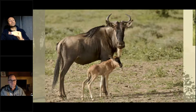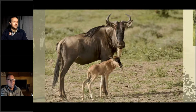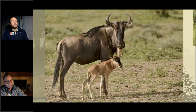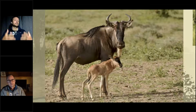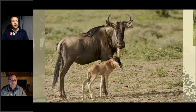Now, they will simultaneously drop calves within a 2 to 3 week period over January, February, depending on when the rains start. That is a calving of about 400,000 to 500,000 calves. There's no way to describe the migration. You have to go and witness it. Every person who comes to Africa at least once needs to witness this marvel of wildlife,